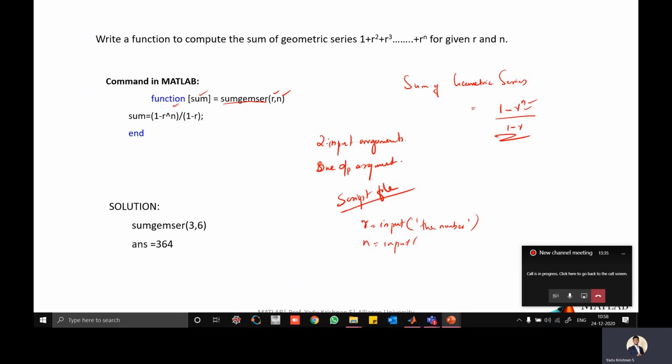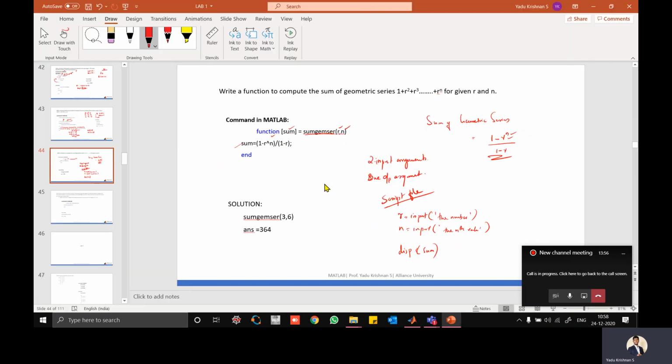Then we have to put another input, the nth value. So r and n are there, the same equation, and maybe you can add display of sum. So you'll display it, right? You can try doing that.